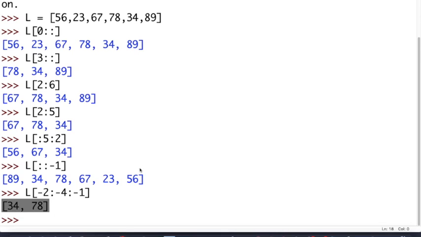One of the most important factors here is that we can use negative values as steps, but one has to take care of the starting index and the ending index when taking negative jumps. So this is all about list slicing, and as you do more examples of slicing, you will understand it better.